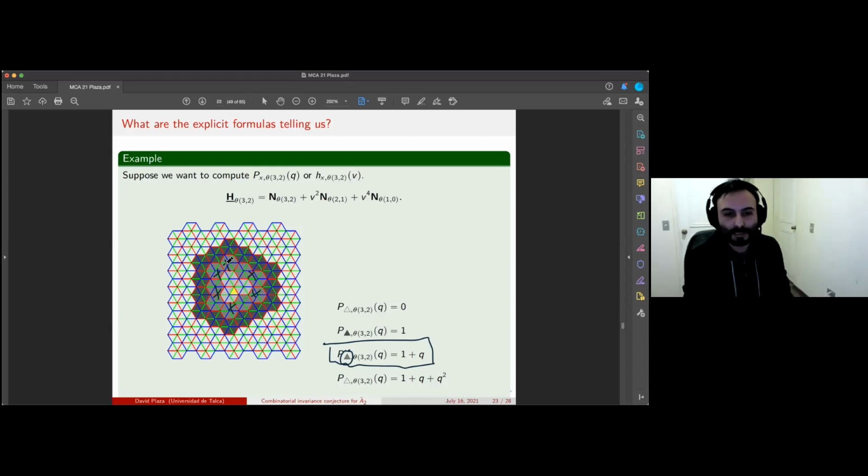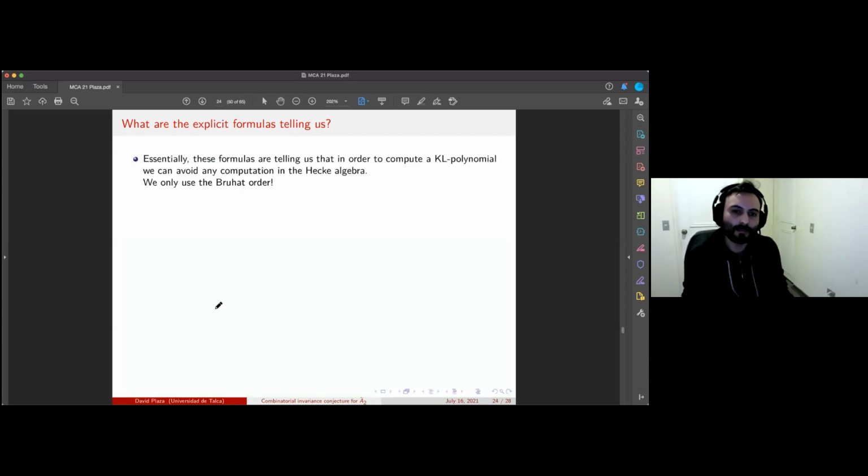So for instance, this region here corresponds to the elements that are less than or equal to θ21, but are not less than or equal to θ10. So we have indeed reduced the computation of Kazhdan-Lusztig polynomials to a process in which we use only